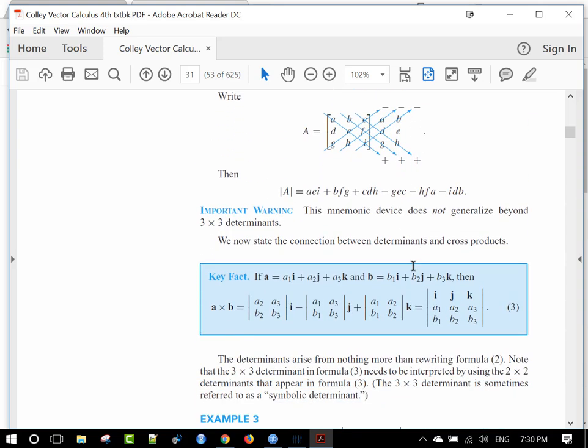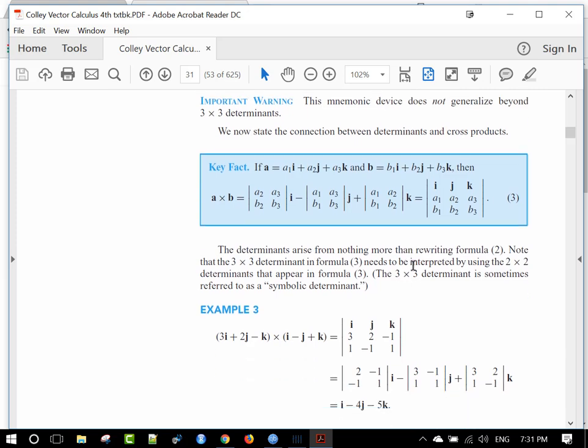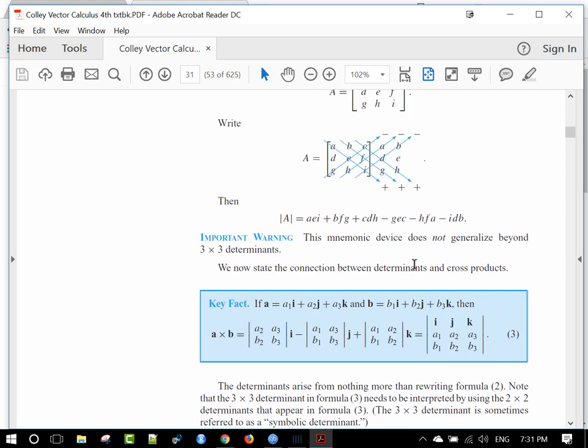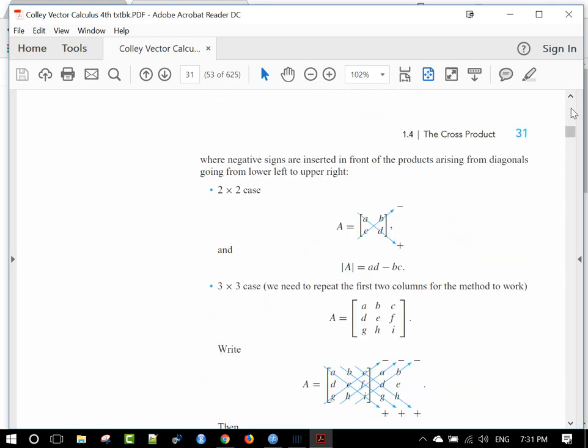Let's just look at an example. Let's see if they have an example. No, not a 2 by 2? No. Okay, so they don't have a 2 by 2 example, so let's go on to the 3 by 3